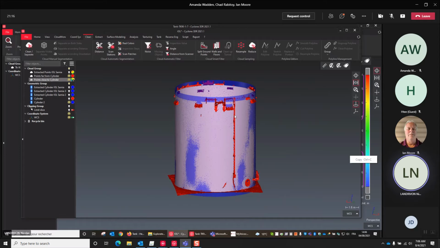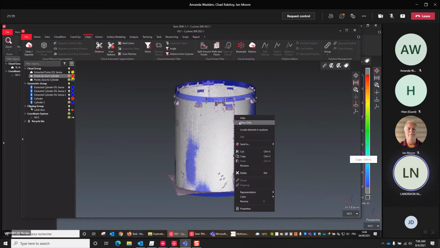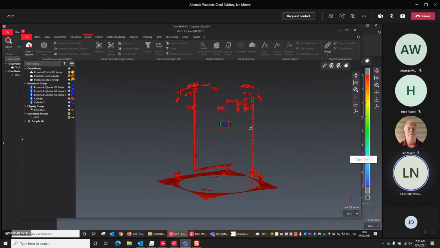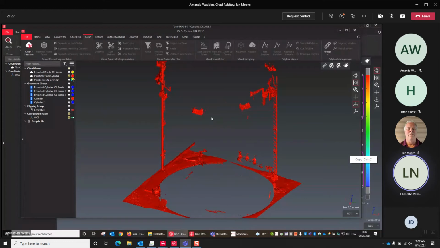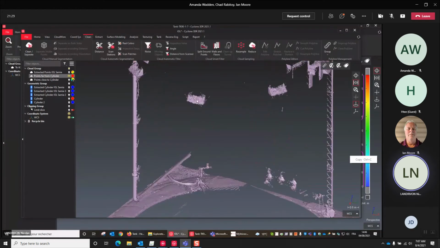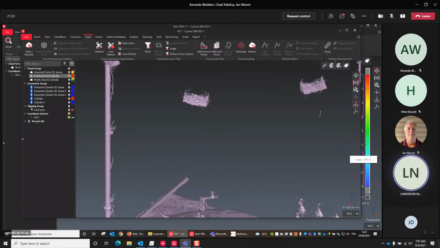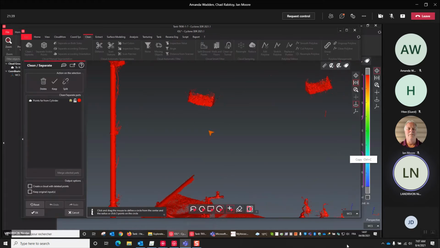For instance, if you still have some points here which look good, you can come back to them and say, okay, this one must be a part of the shell, even if it's not. So you go still to the clean menu, clean separate, and make a manual adjustment.